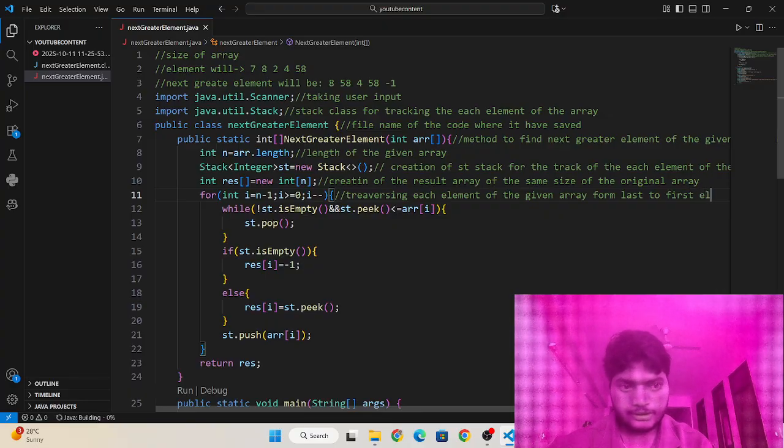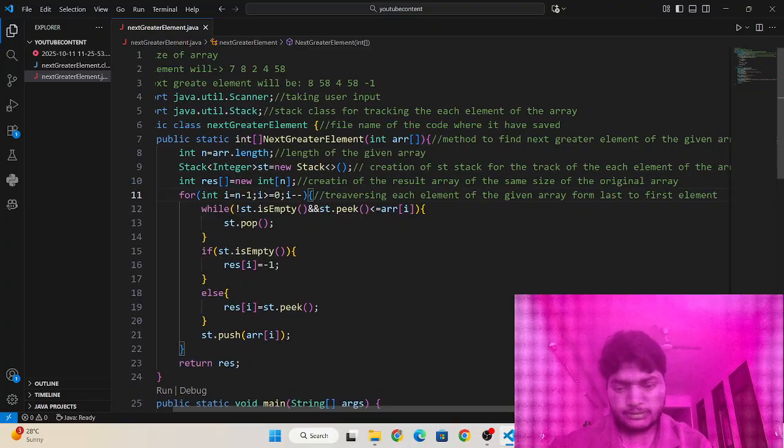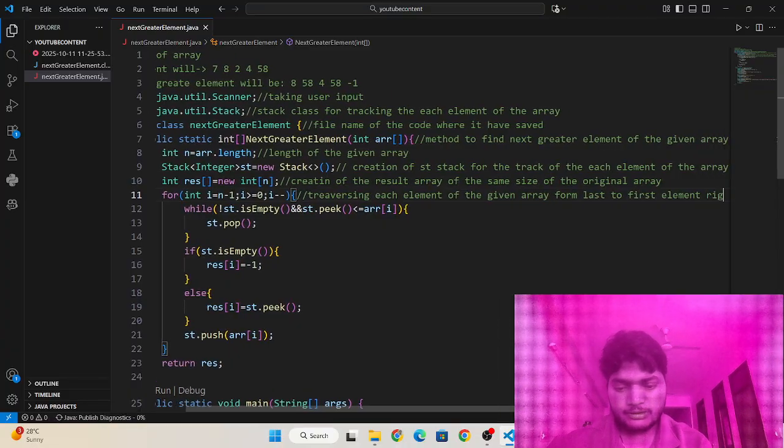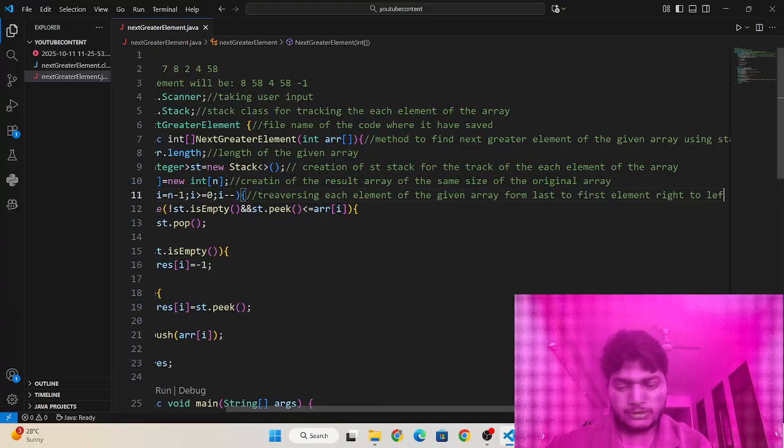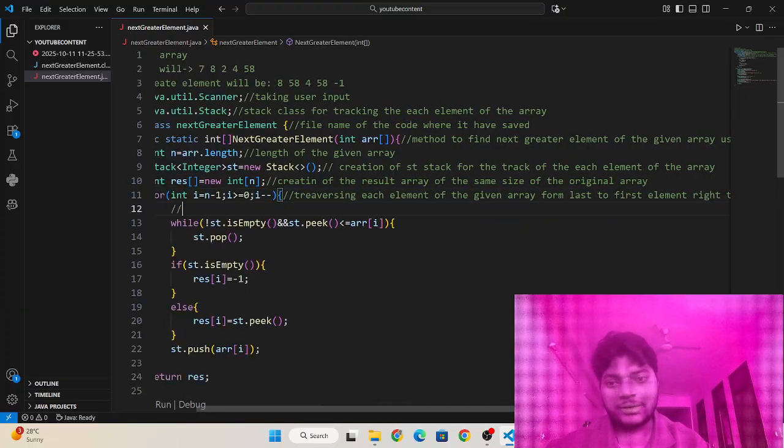Okay, that means from right to left. Why right to left?